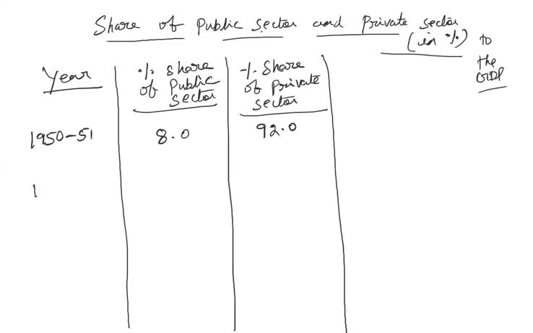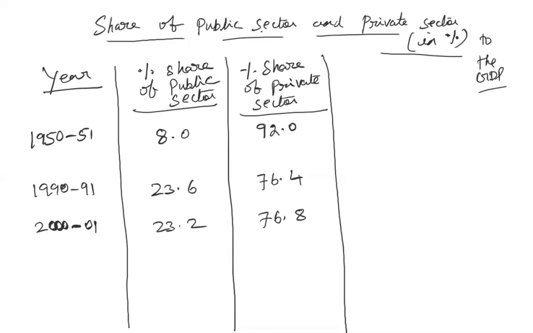Then moving on to 1990-91, the share of public sector increased to 23.6%. As I mentioned, from the second five-year plan, the government started giving more importance to the public sector. Alternatively, the share of private sector decreased to 76.4%. And when you take 2000-2001, 23.2,